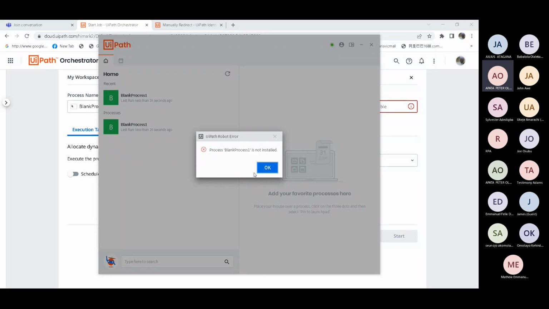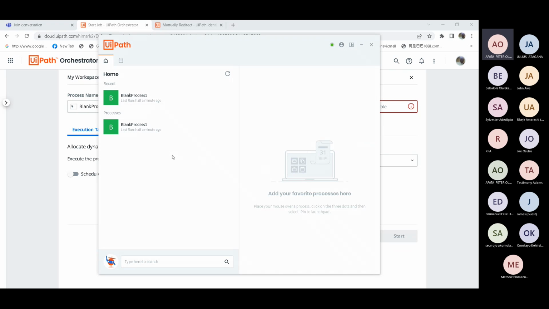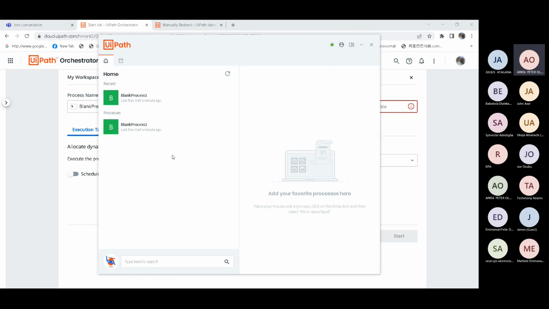So when you run from the Assistant, it will first of all execute the package and connect it into a process before it runs it. So it is easier here.